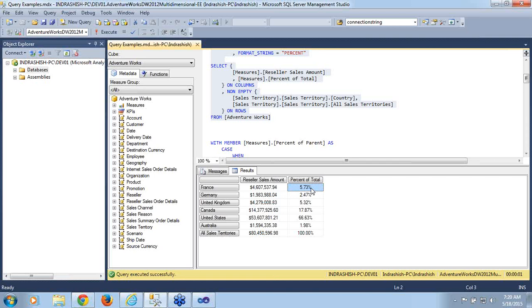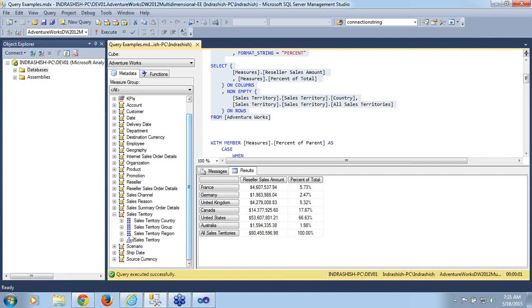So with respect to your parent, what is your percentage? In case of sales territory, where is the sales territory dimension? Here. In case of the sales territory hierarchy, if you see,